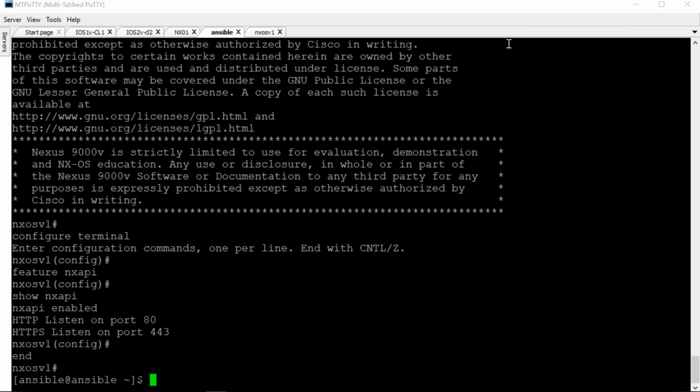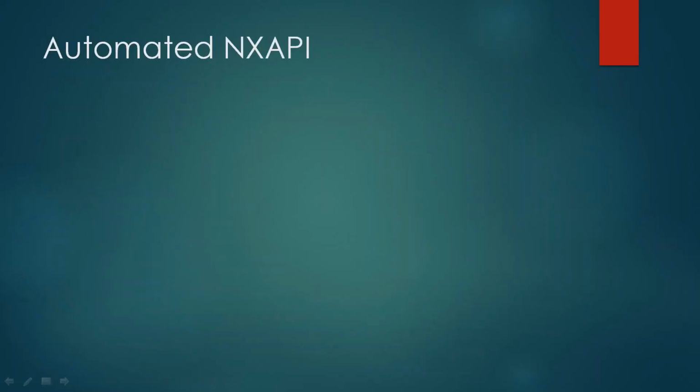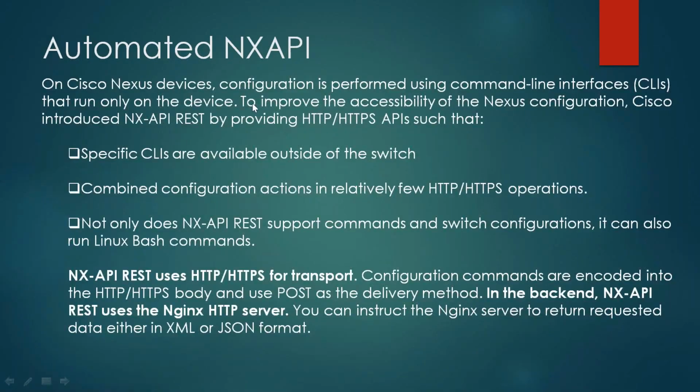Okay, so that was the edit inside the small program that we have done initially. Next, I'm going to show you about the automated NXAPI. Now, what does it mean? So suppose you log into a Nexus device, you can run the commands via CLI. But suppose you want to do some off-box type of thing, meaning you're not logged into the device and you want to make the changes, for that these programming and all the API calls are very handy and useful. So if we enable the NXAPI,